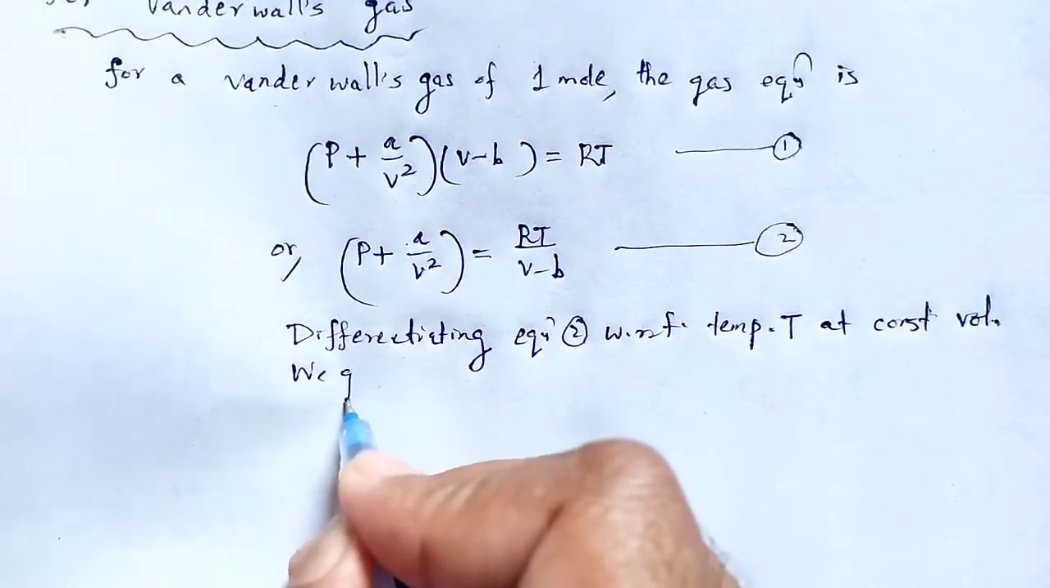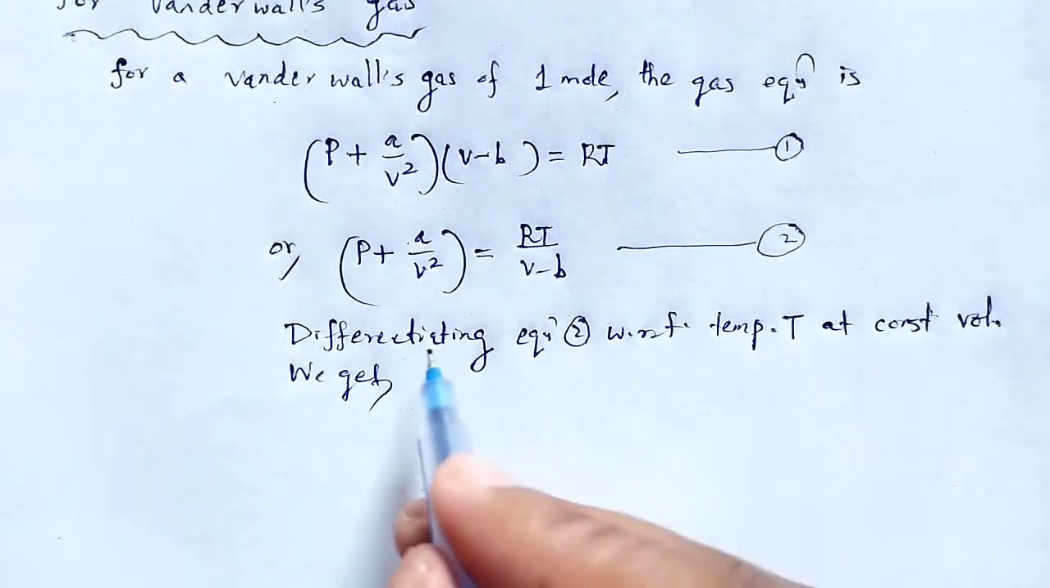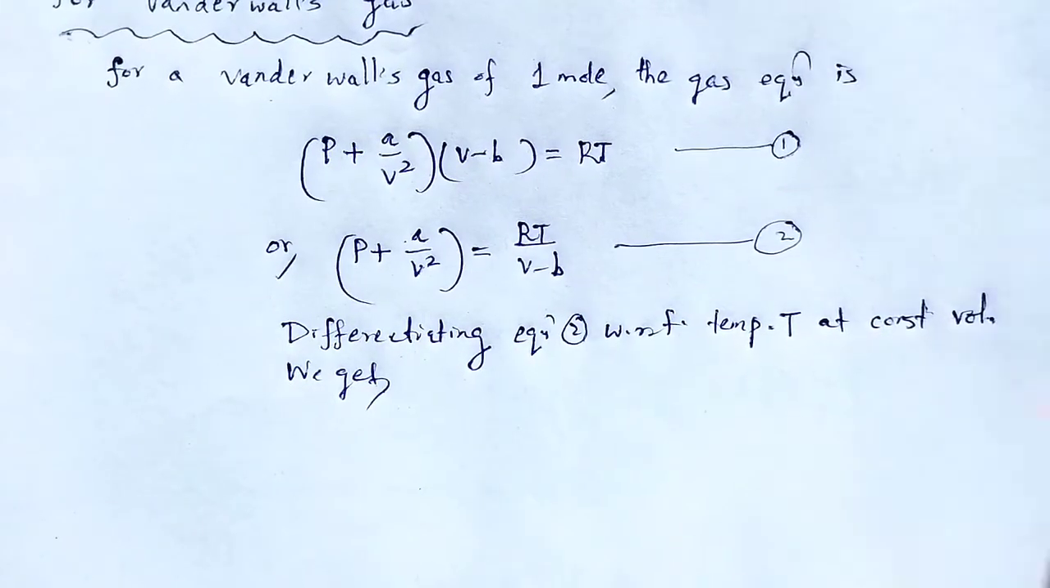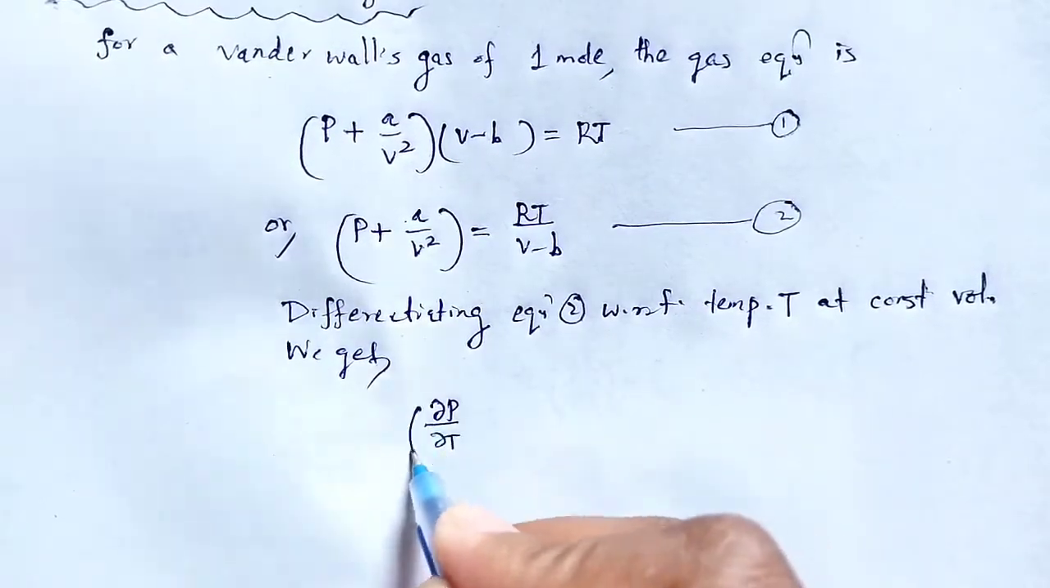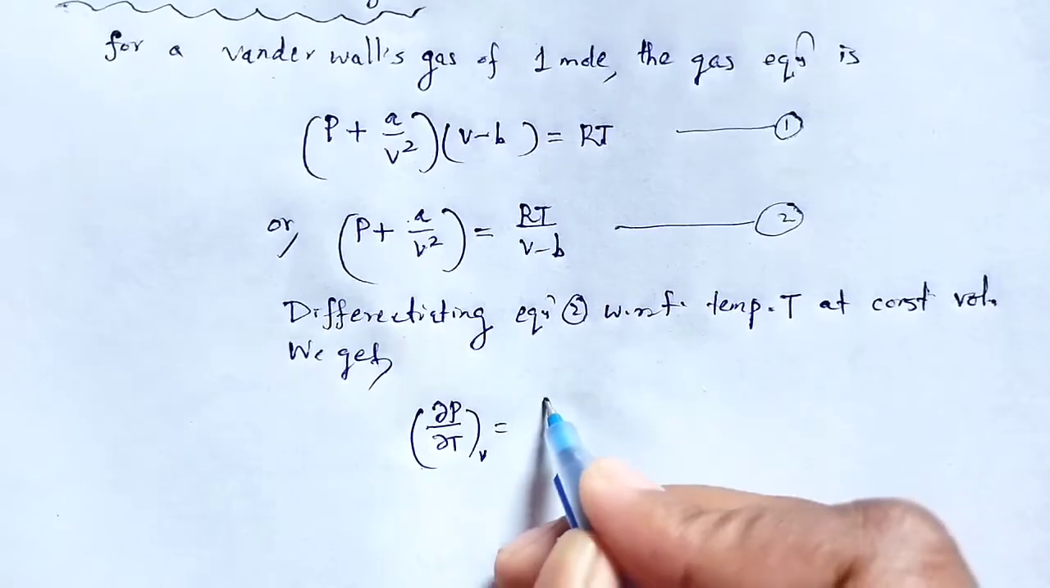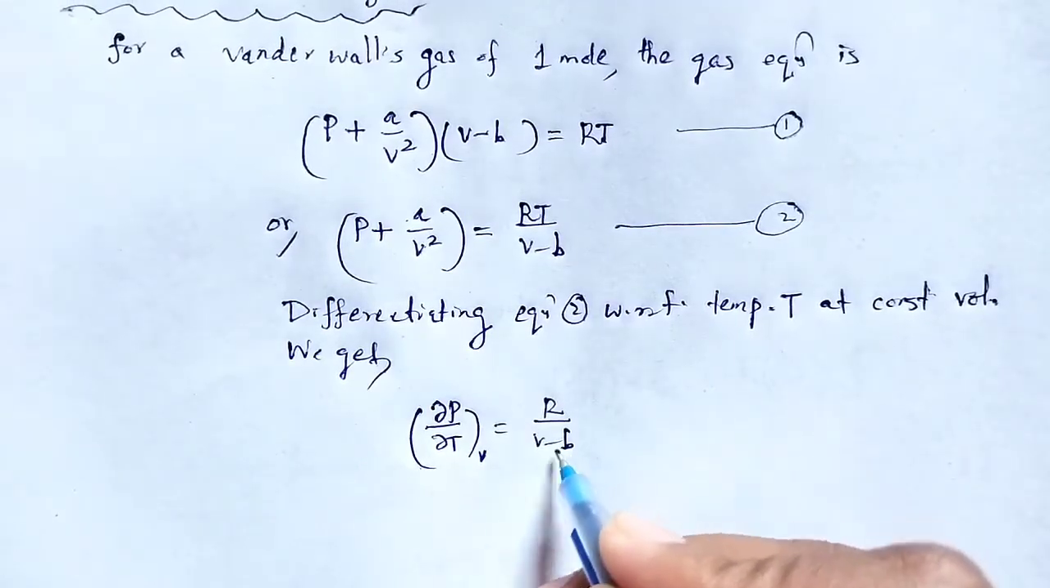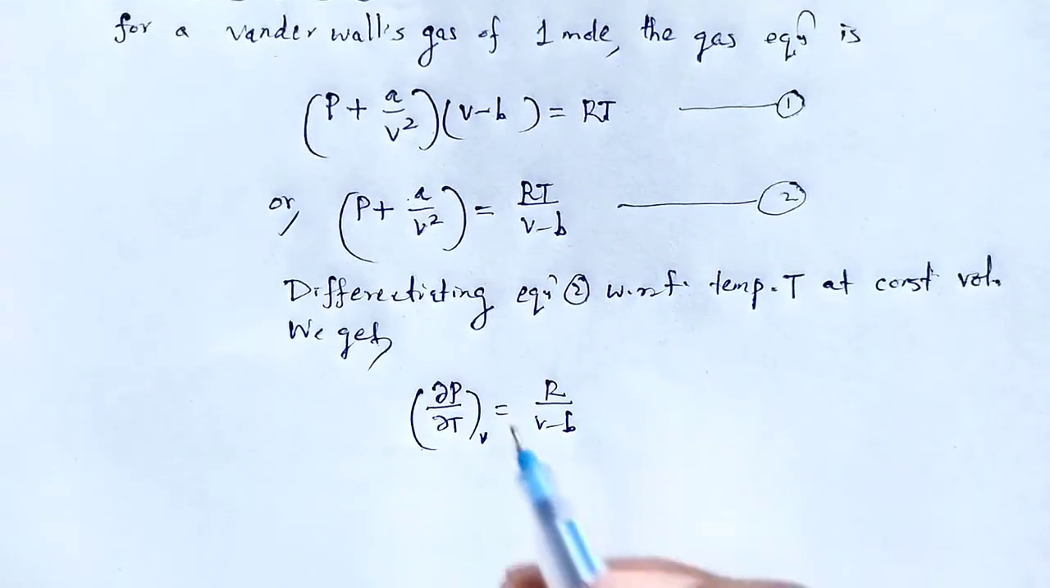What we get? Differentiating with respect to temperature at constant volume, the result will be del P by del T at constant volume is equal to R divided by V minus b. That is the result. Again,